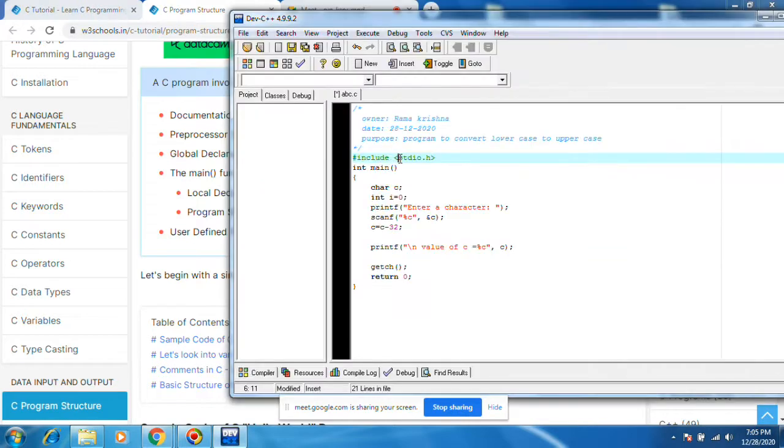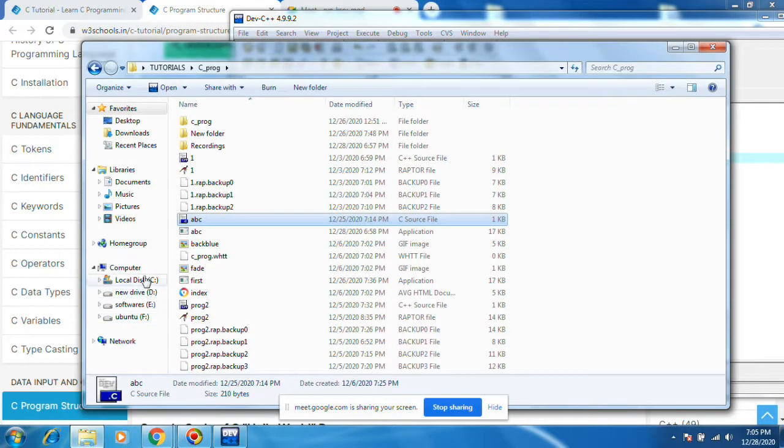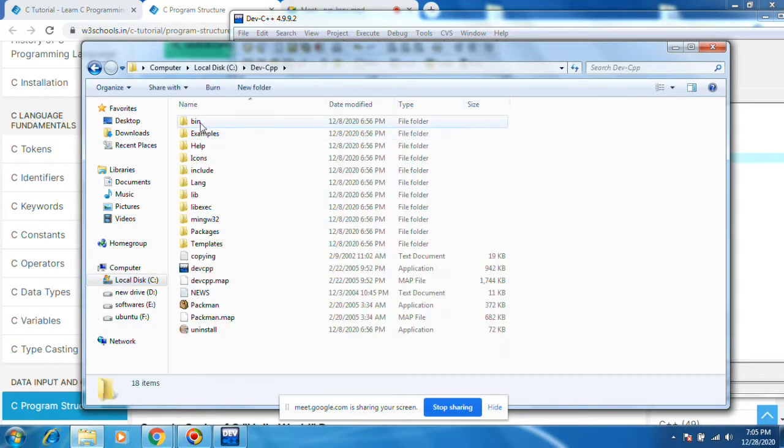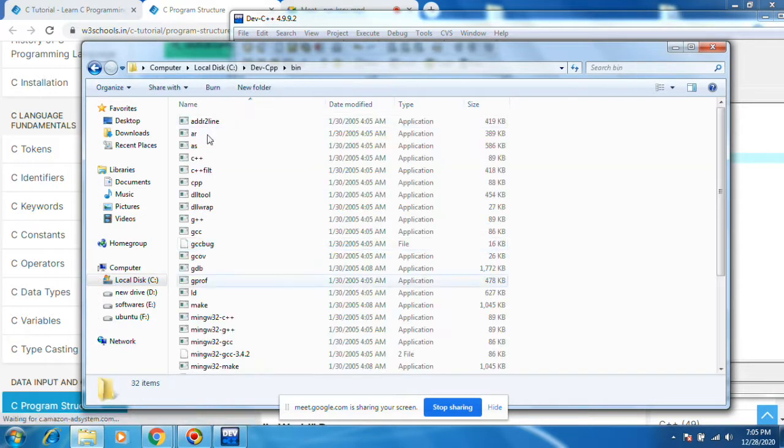What we are just linking is this .h file, which is present somewhere in this C colon program files, Dev-C++, bin, in this place.